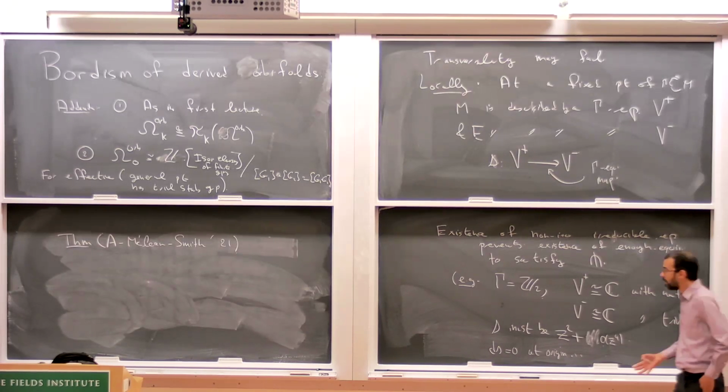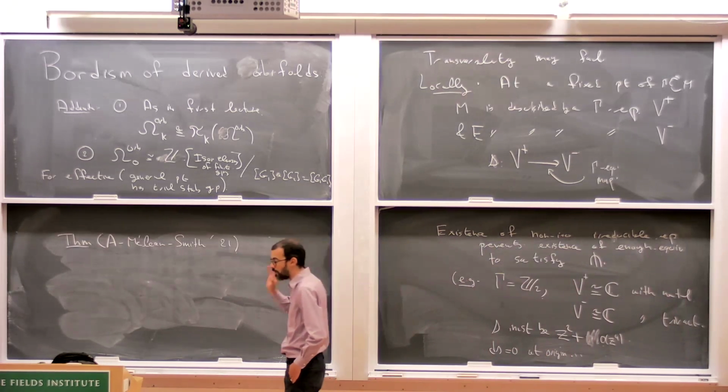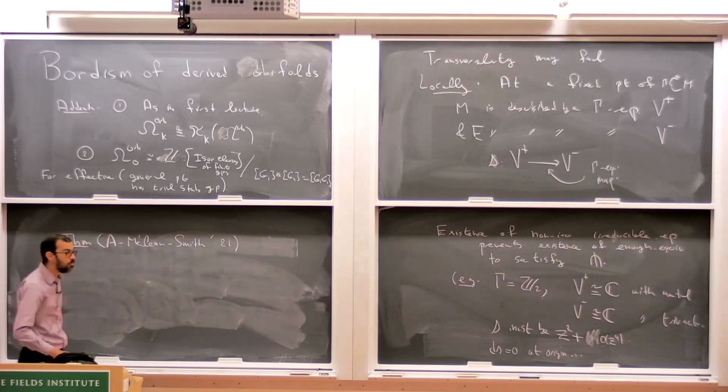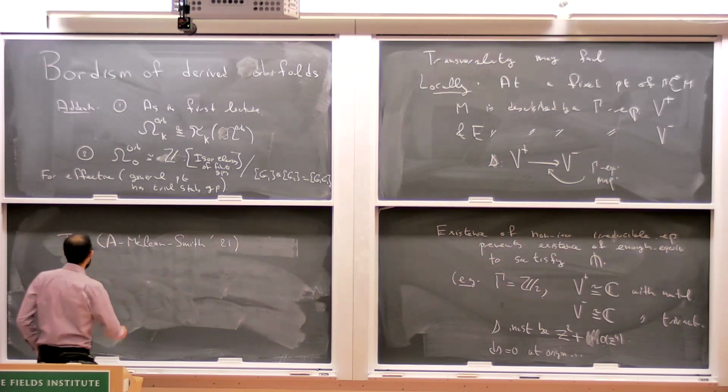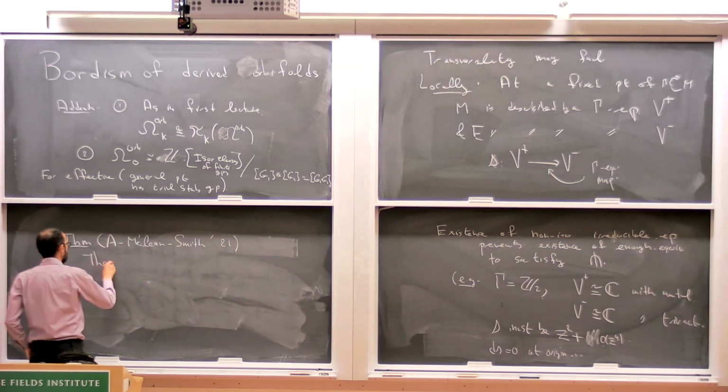It's not something that comes out of some abstract machine; it comes out of differential geometry. We don't have time to give the details, but there exists a natural construction